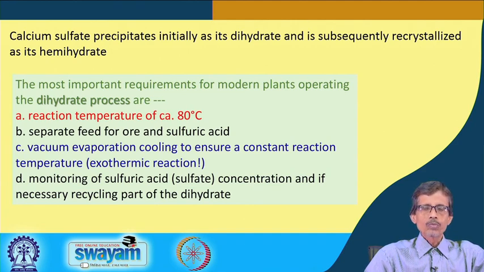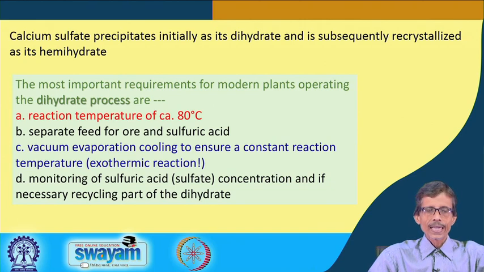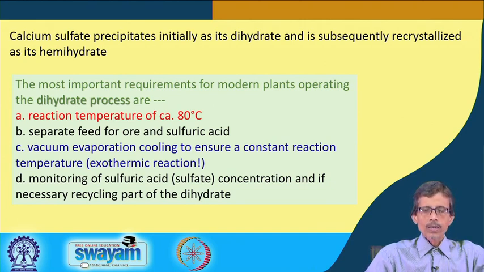So, a cooling mechanism should be there such that we can pacify the temperature rise in that particular reaction, and monitor the production of sulfates, the calcium sulfate, or monitor the sulfuric acid concentration we are adding, which should be controlled in a nicer way such that